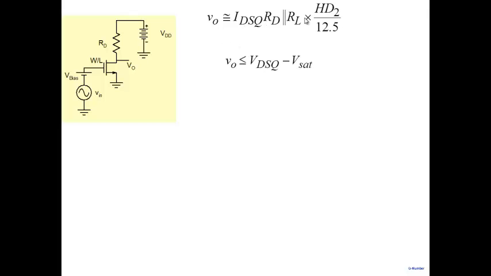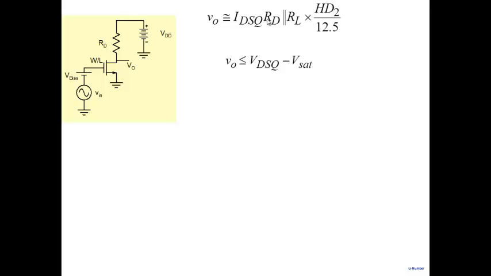Again, we have two limits on swing, one from distortion here, the other one from triode region limitation here. And if we look at these two terms, we note that if you're designing for maximum swing, you would like to maximize this term here. RL is fixed for you. HD2 is also fixed by the application. So these terms are fixed. So the way you would increase V0 is either you would increase IDSQ or you would increase RD or both, right? So what you would do is you would try to increase IDSQ and RD in order to increase this